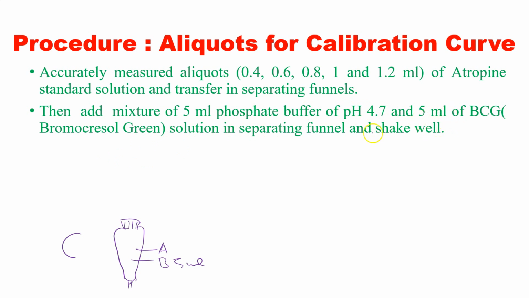So that is 5 ml of BCG. So I will write here indicator, that is 5 ml. Make a mixture of all this in a separating funnel and then shake it. Shake it well, and after that